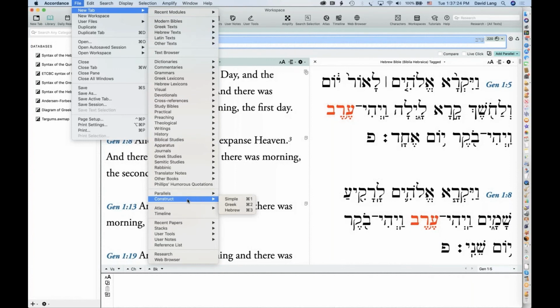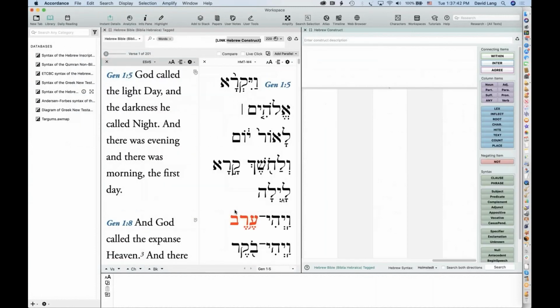And if I go down to Construct, I can choose a simple construct, that's for like English, a Greek construct, or a Hebrew construct. And the keyboard shortcuts for these are Command 1, 2, and 3, or in Windows I think it's Control 1, 2, and 3. So I'm going to open up the construct and notice what happens here.